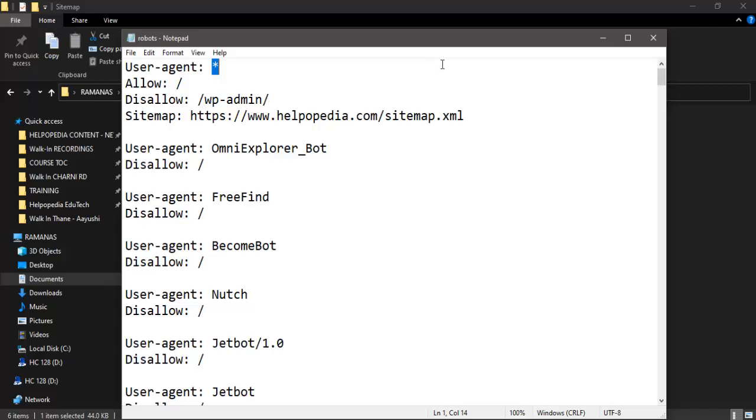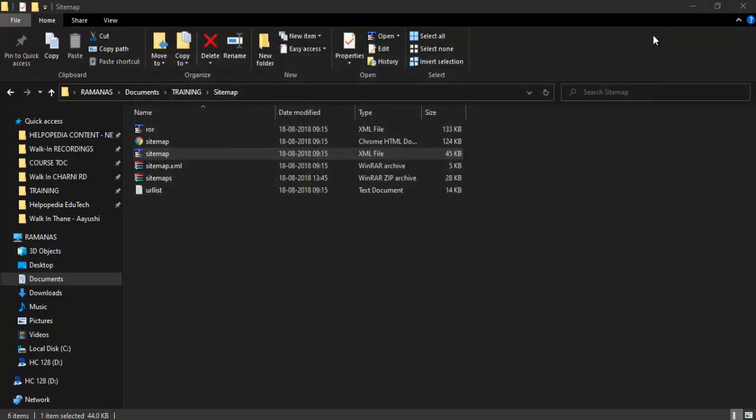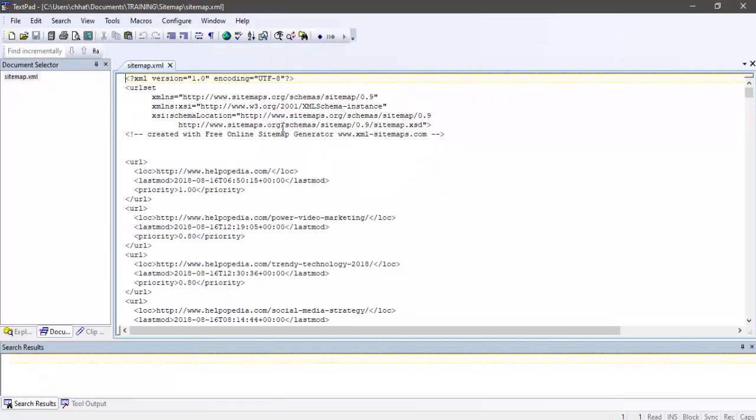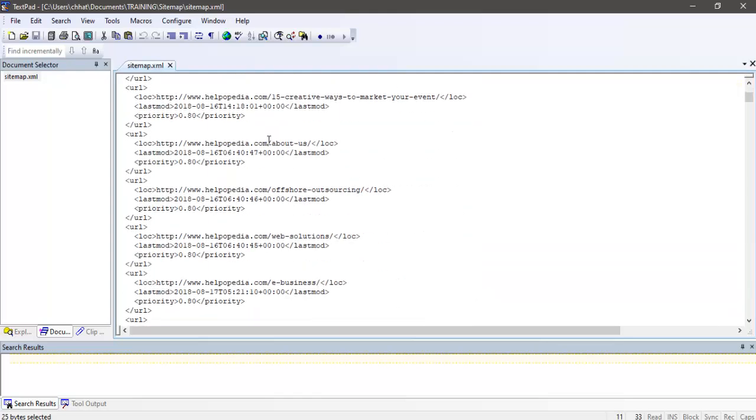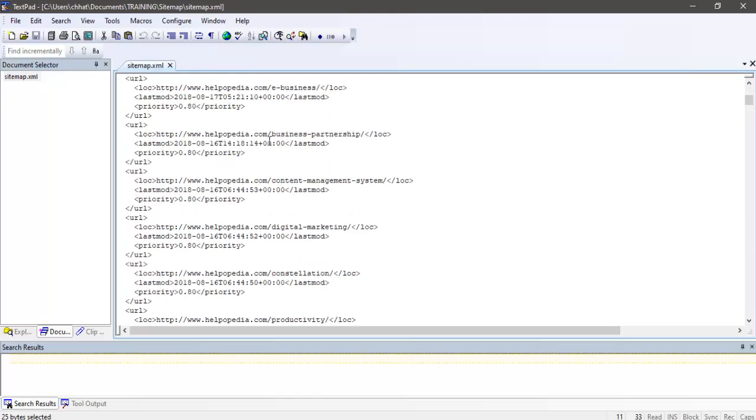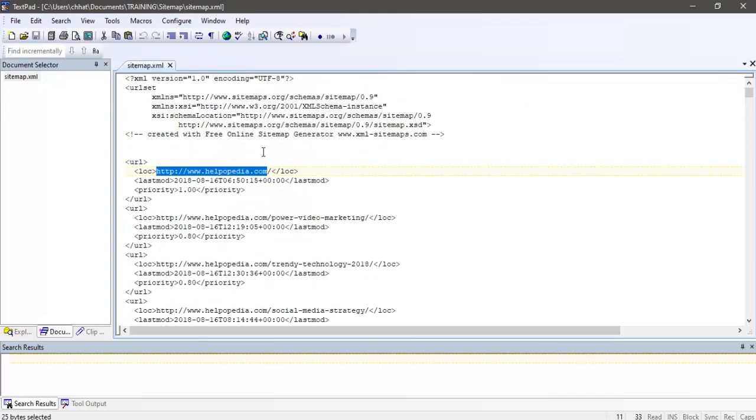Then it will leave this file, close it, and jump directly to this file, where it knows that we have already prepared the URLs of our website which the Googlebot can collect. So all the URLs mentioned in this file will be collected by Google. We don't need Google to automatically collect all the data, otherwise it will collect everything. For that reason I have told Google that it has to collect only this.